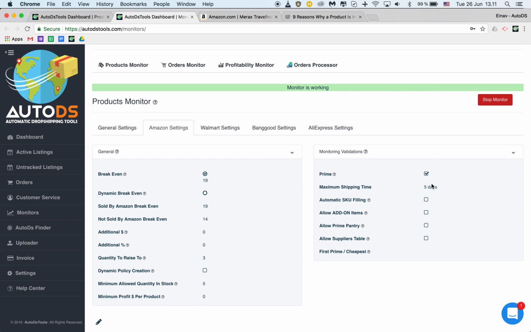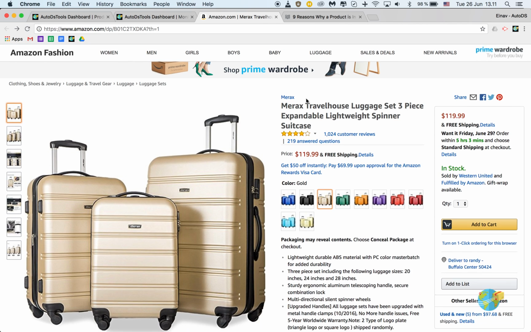Maximum shipping time. What is the maximum number of days, and that includes business days. It's just the number of days that a certain item takes to arrive to your buyers. So if a buyer bought the item today, the 26th, and I'm allowing 5 days, it will count 5 days. So 26th, 27th, 28th, 29th, 30th. I'm not sure if the month ends on the 30th or 31st, and then the 1st of July, 5 days from the day of the purchase. If an item takes longer to arrive,